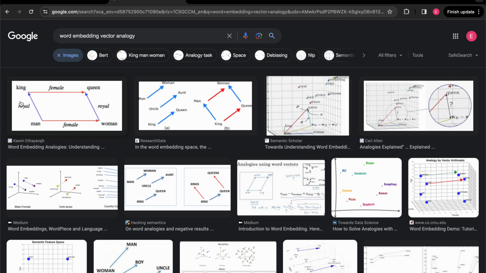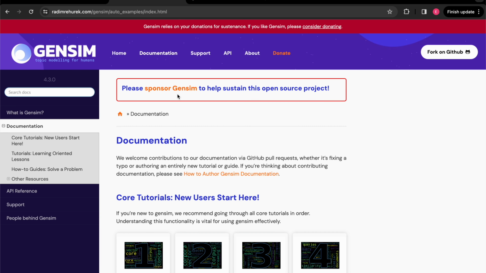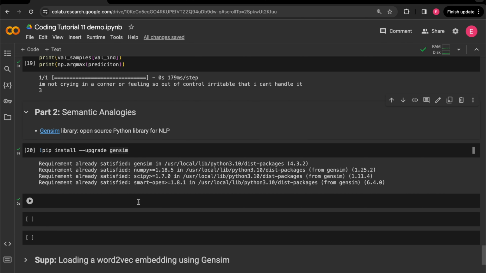So you can recall this is the analogy we are going to perform using GenSim. With that, we can first transform the word embedding we have. Basically, GenSim, you can check out their documentation. It's a library for NLP, and they're based on word2vec. Here, since we already have the GloVe file,